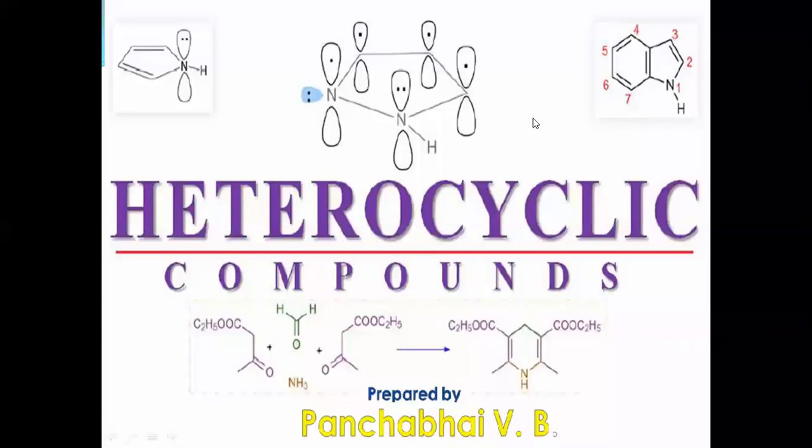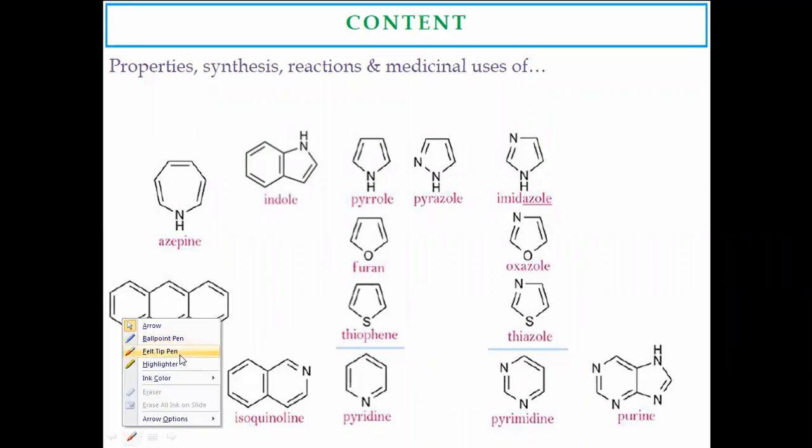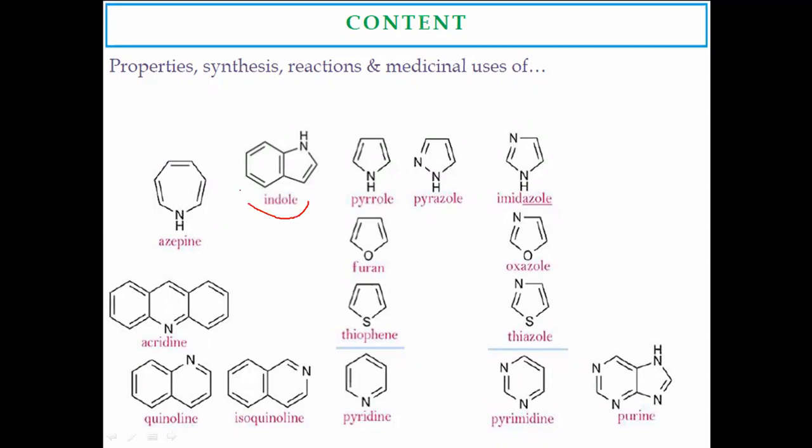So we have to discuss today heterocyclic compounds having a benzo-fused ring moiety. A heterocyclic ring moiety fused with the benzene ring, that is indole. The structure of indole is here. In indole, this moiety is a 5-membered pyrrole moiety, pyrrole fused with benzene. Another name of indole is benzopyrrole.